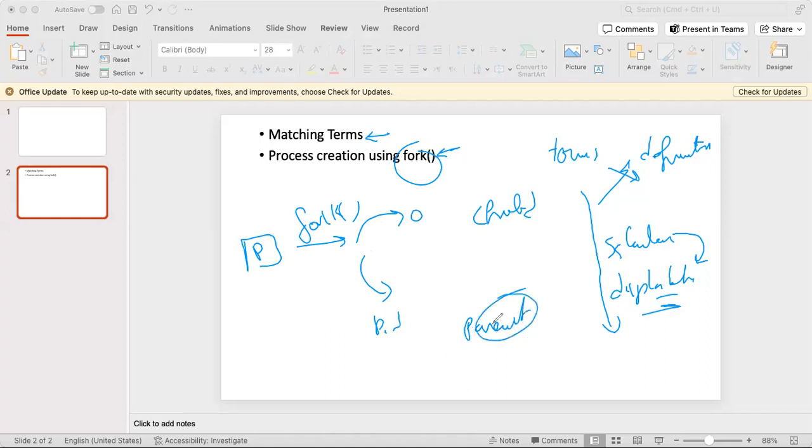So that's how the parent knows the PID of the child, using the return value of the fork system call. And then if it's a negative value, then that's an error. Okay, so try to review that part. And so this exercise will be mainly in C. So I may provide you with a C program and ask you to answer some sort of a question related to the fork system call. Okay. So that mainly covers most